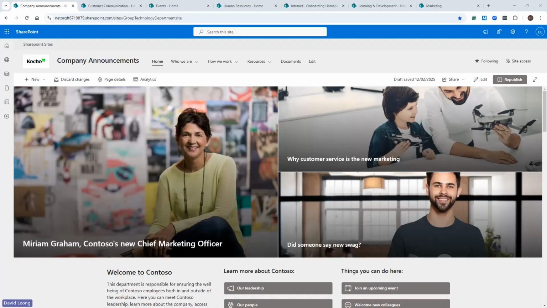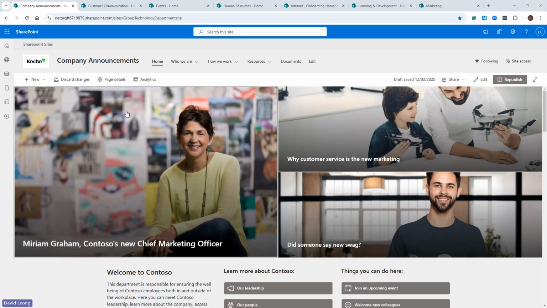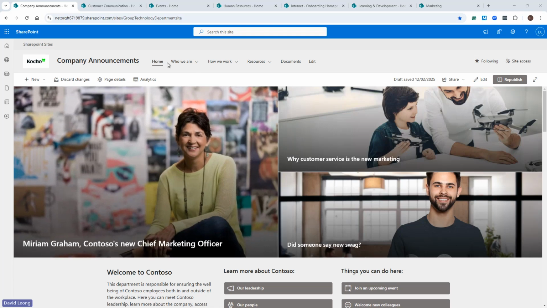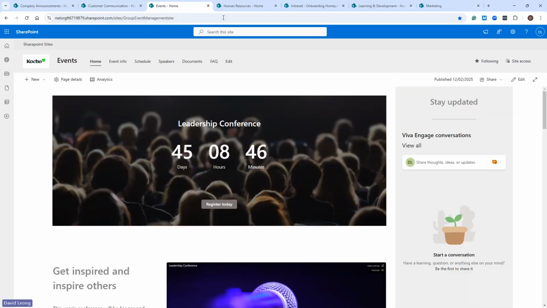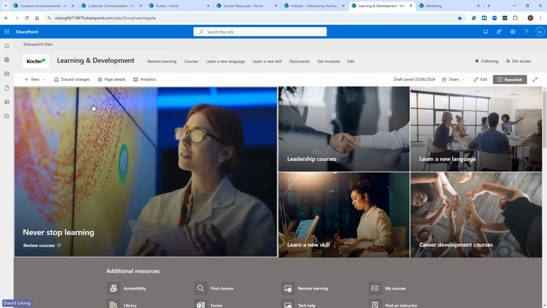And I want to take you through just the journey of what the user experience is like today. Andy gave some metrics around this content sprawl, searching for information. Just wanted to run you quickly through what that user experience looks like today in many organizations, and then we'll introduce the Macroview product. So what you're looking at here, I'm a typical user at Cocho, and I have got access to 7 SharePoint sites: company announcements, customer communications, events, human resources, your typical service line SharePoint sites and repositories.